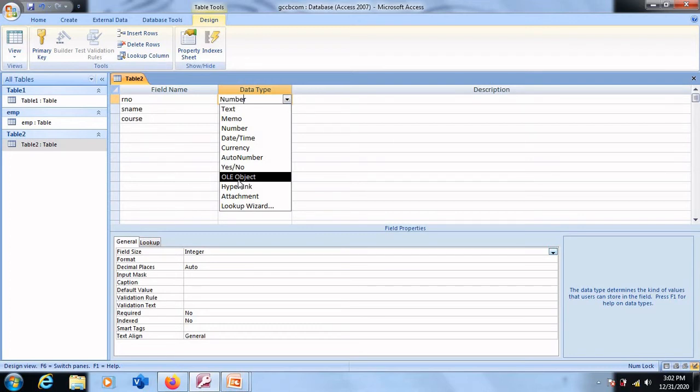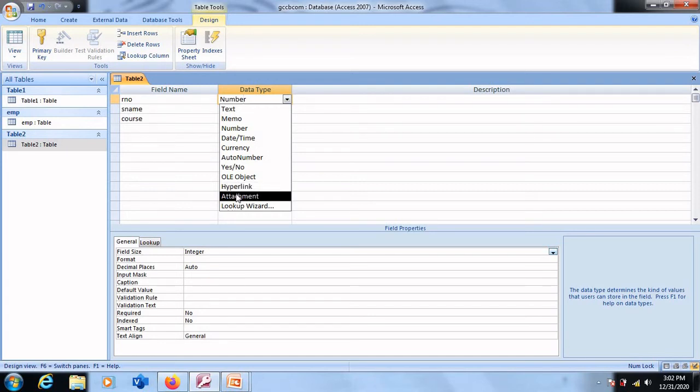We can provide a link, an address, wherein when the user clicks on it, it will open some other file or web address. Hyperlink is one of the commonly used tools of the internet where you click on a text, and it opens some other page, some image, etc. Such a link we can create for a particular column if the selected data type is hyperlink.